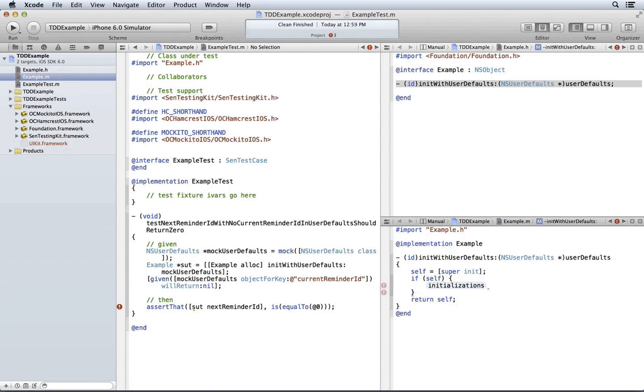That semicolon there, and we don't really have any initialization yet. I'm just going to kind of ignore that argument. That's a perfectly valid initializer there.